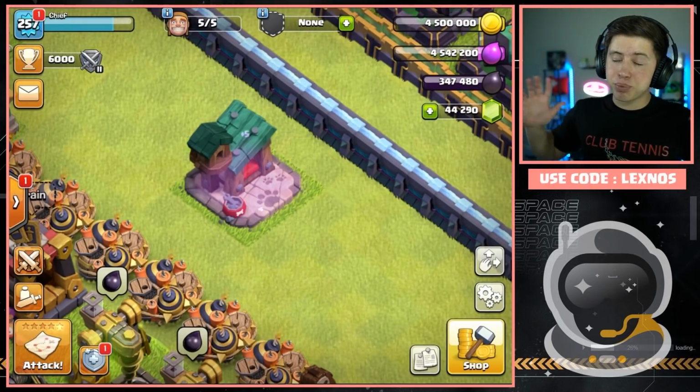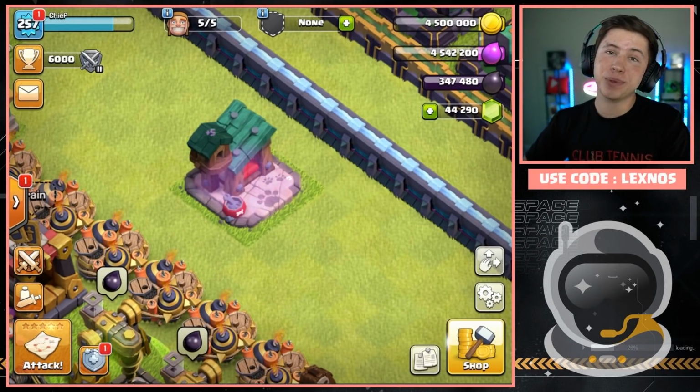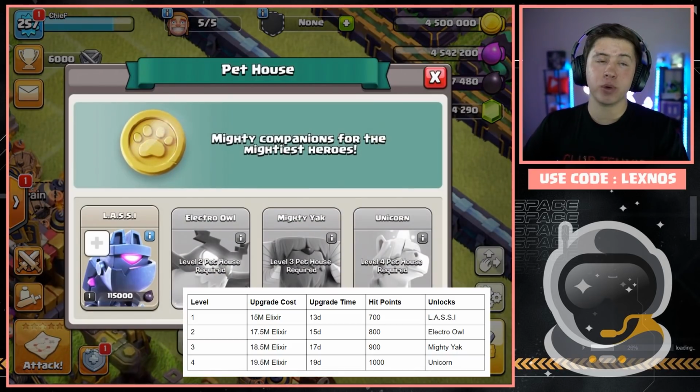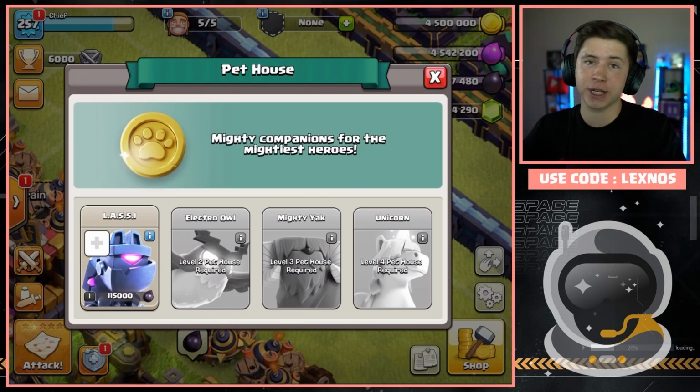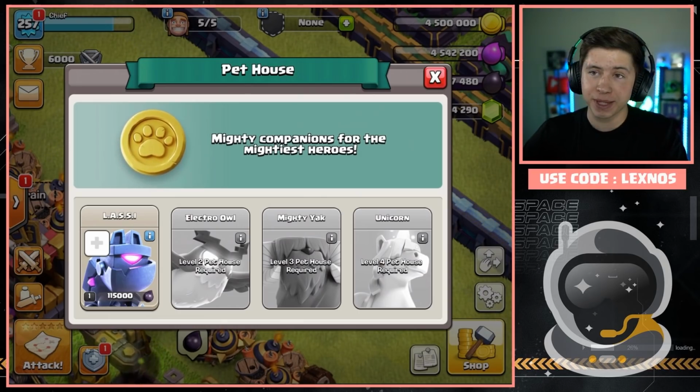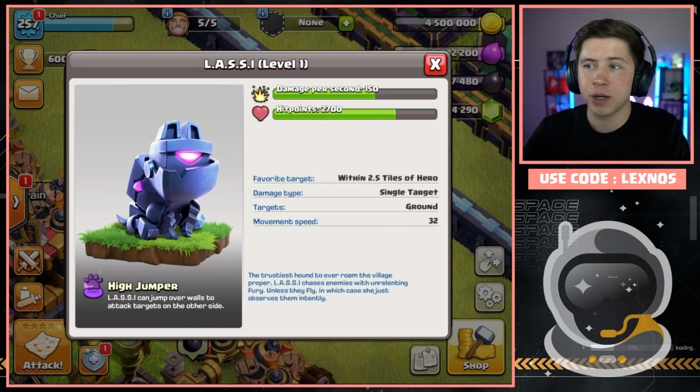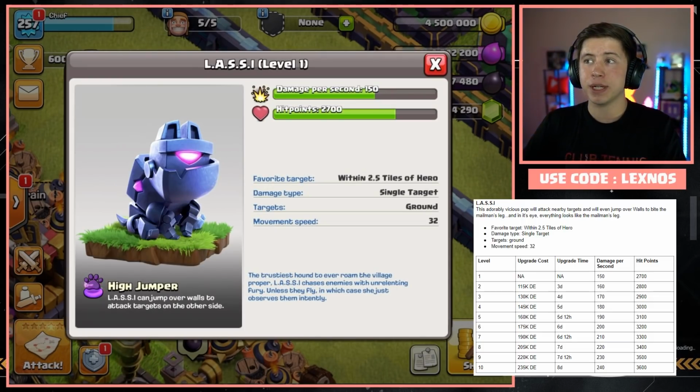Alright guys, so here is the brand new pet house available at Town Hall 14. Now once you get this at level 1, it's going to give you access to the first of 4 pets. The first one named Lassie. I'm going to throw up the stats and the description here on the screen right there. Boom. At level 1, it's going to have a damage per second of 150 and hit points of